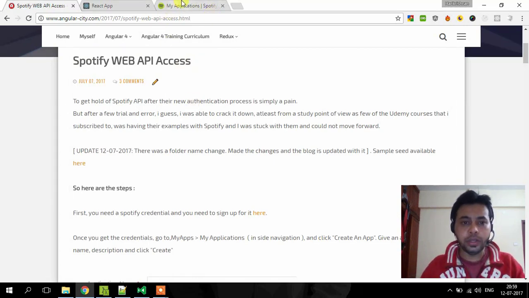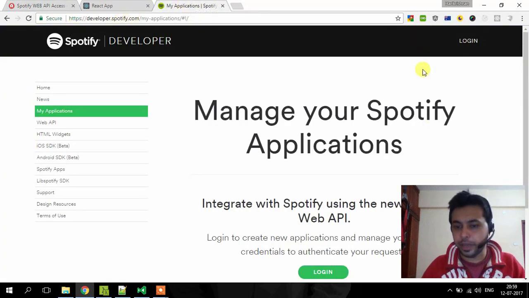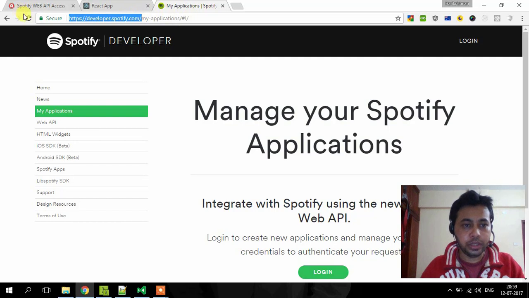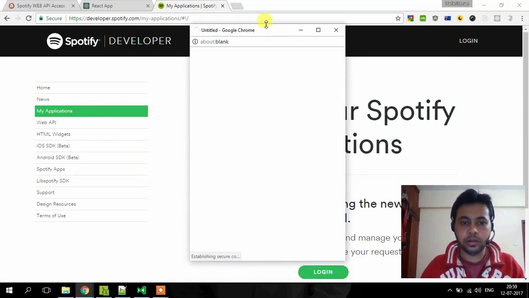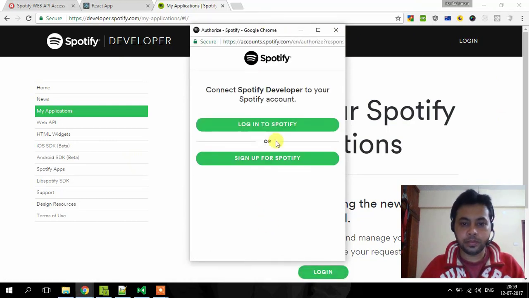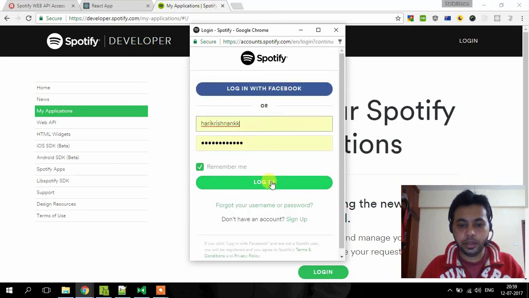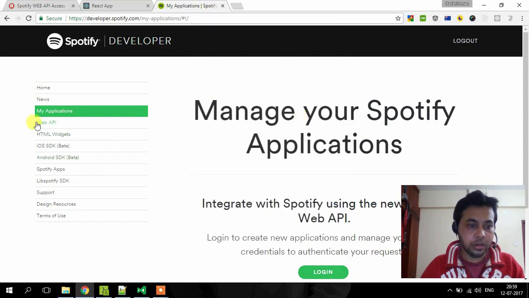To start with, you need to have a Spotify account, and I already have an account, or else you need to go to developer.spotify.com. I'm going to log into that. Log into Spotify, and once you have logged in, go to My Applications,